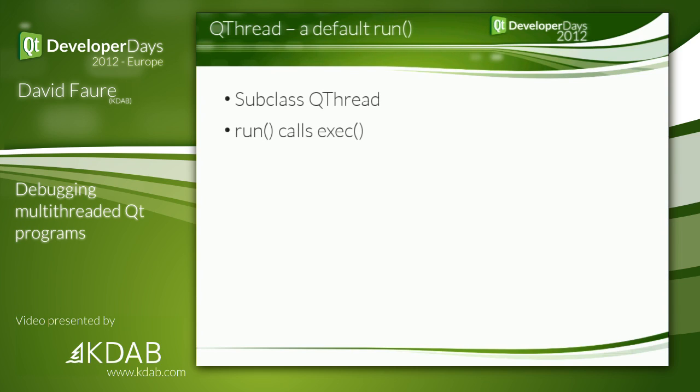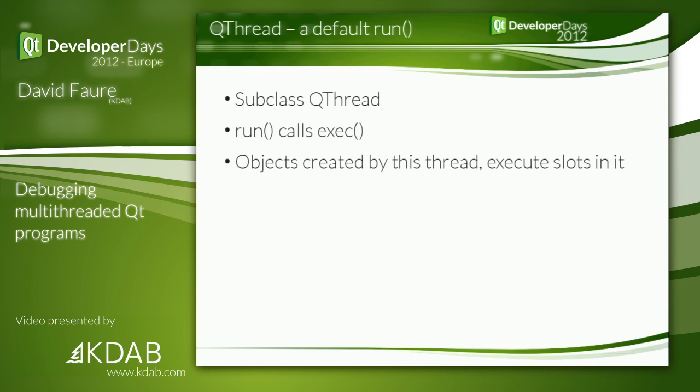It wasn't the case in the initial 4.0 release, but at some point later on, that virtual run method was changed to actually call exec, to go to the event loop. So that means you can do the kind of thing I was just talking about, where you have a thread that waits for some work to be done, and that work is in slots. And this will happen through single slot invocations from the main thread. Now, the trick when you do that is,